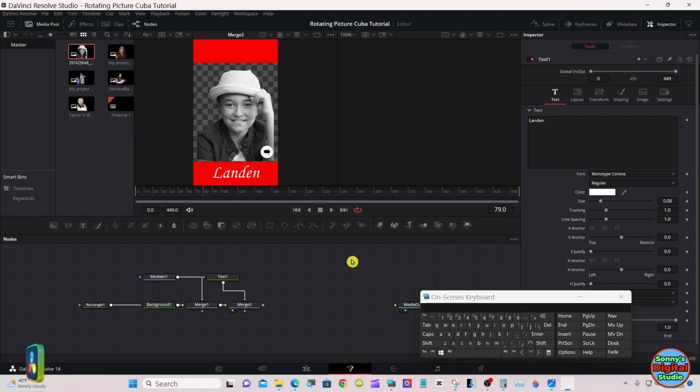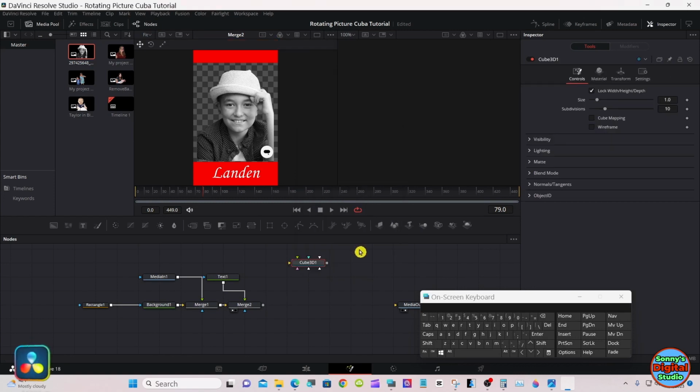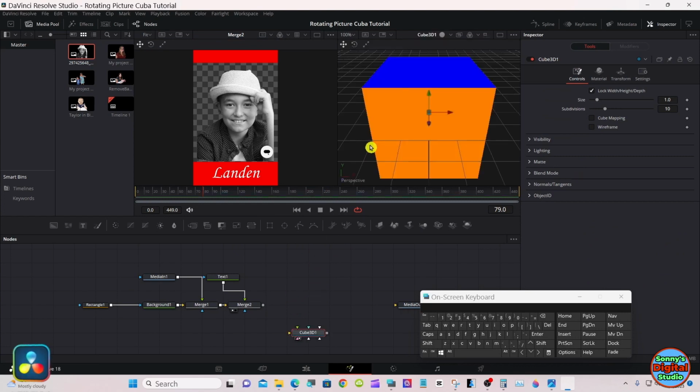Okay, now click a few times on the notepad. Hit shift and spacebar. And we're looking for the 3D cube. Drag that in the right viewer.